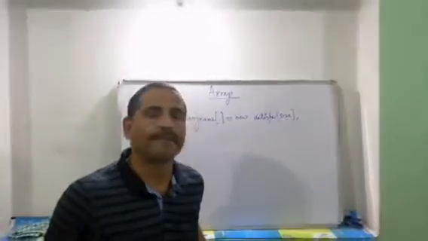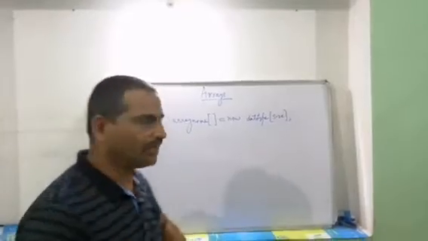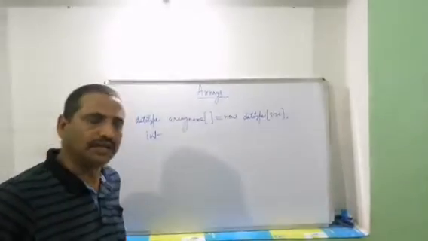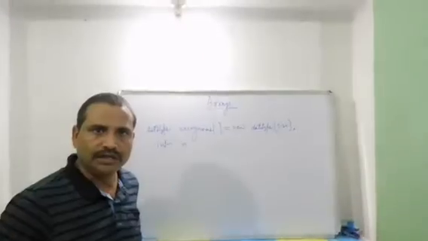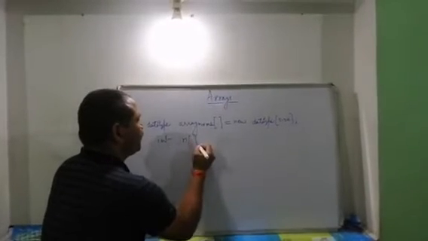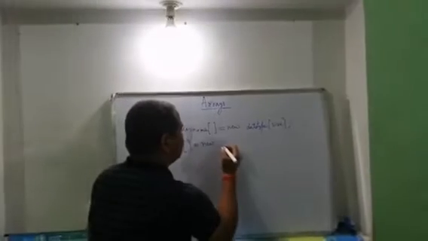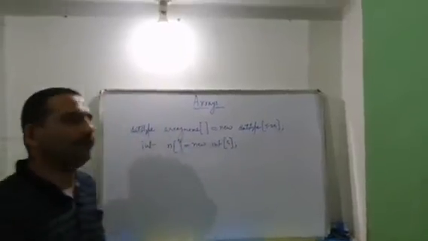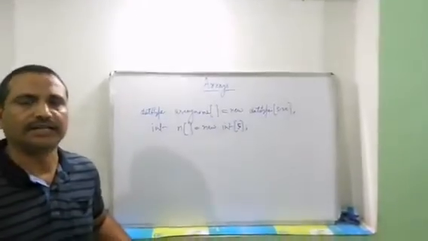So assume that you want to store 5 integer values in an array variable. For that, we are using the int data type, because integer type of value we are going to store. Then the name of the array variable, any name you can take, that should follow the rule of identifiers. Subscript operator, equals to, memory allocation operator, and then again the data type and the size. 5 values you want to store, so the size will be 5. So this is called declaration.